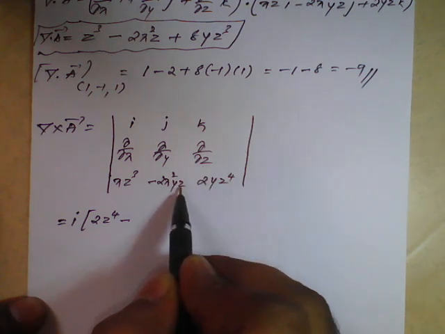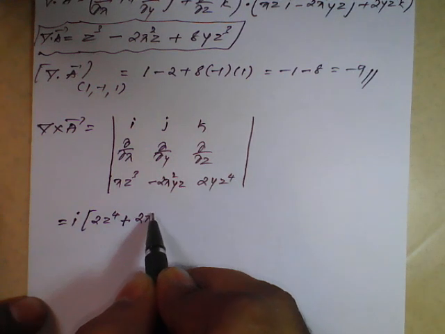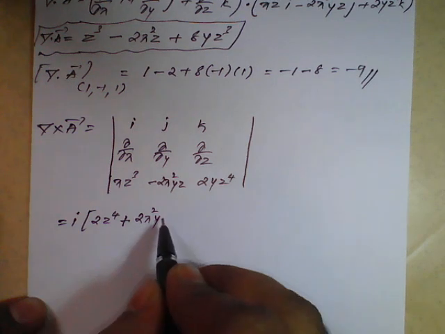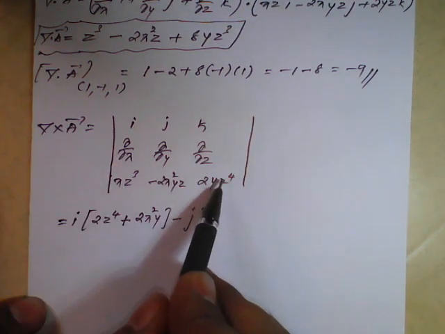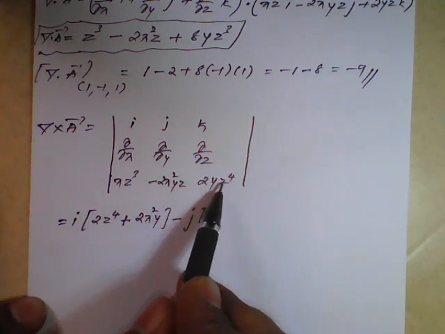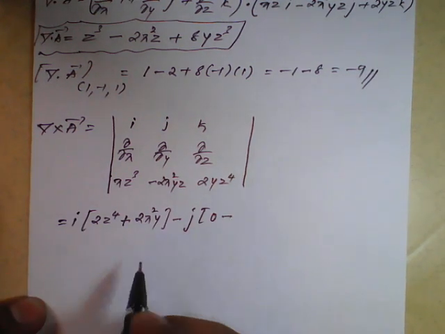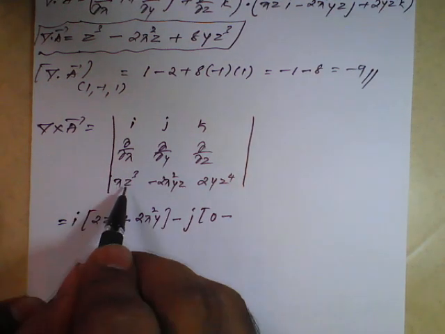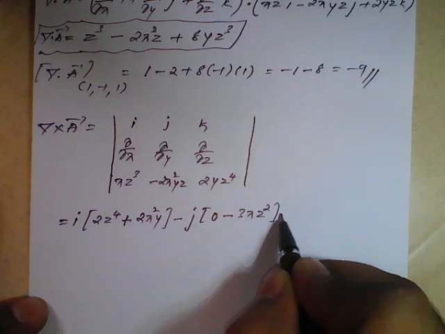So with respect to z, z is 1, so this minus and this minus will become plus, so it will be 2x square y, minus j times partial derivative with respect to x of this term. Here no x term, so this is purely constant, and the partial derivative of a constant with respect to x is 0. Formula minus partial derivative with respect to z of xz cube, it will become 3xz square, plus